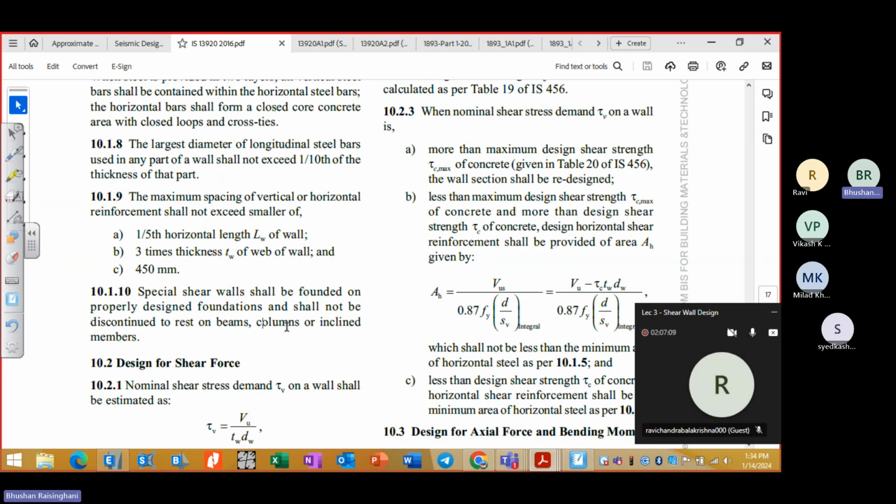Discontinuity of a shear wall may be rejected, or any failure of the structure therefrom will be against the law in this particular case. So even though transfer girders are not recommended in this particular case